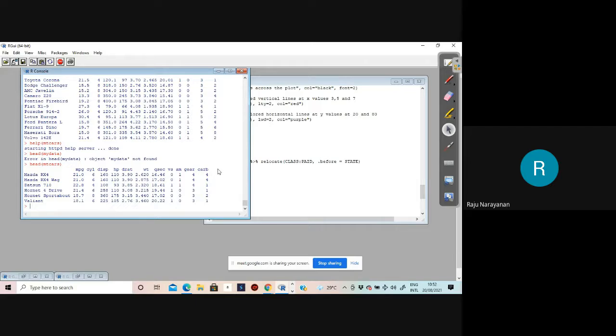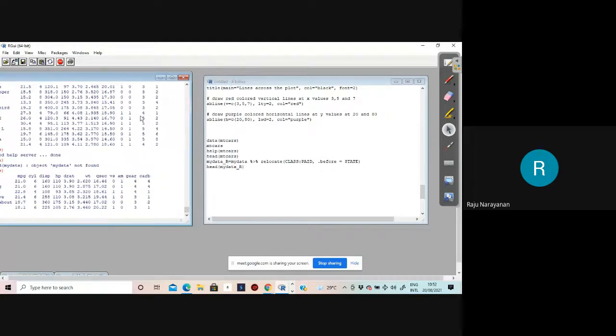Okay, after entering the data, you may have that feeling: I have to put this here, that here. For that purpose, you can use relocate. My data R is equal to empty cars. First, you have to give the name of the data file, then the pipe operator, then relocate, what is to be relocated from